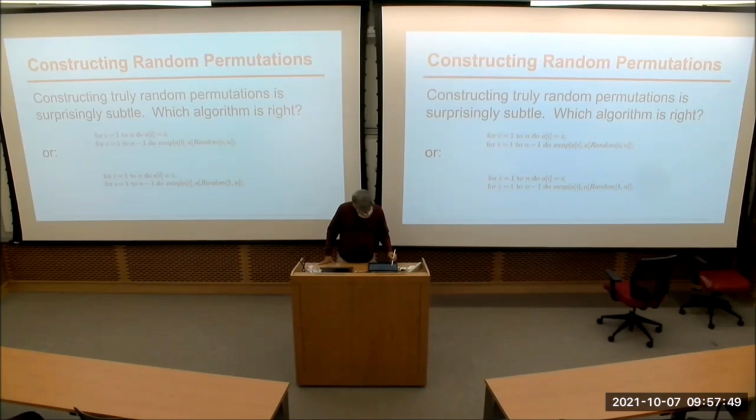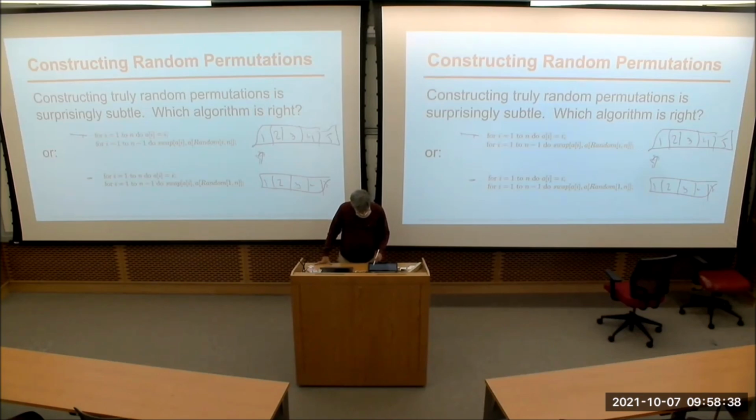It says, initialize an array from 1 to n. 1, 2, 3, 4, 5. Okay? Then for i goes from 1 to n minus 1, swap, the first one says, swap the ith value with a random element from the ith position to the nth position. The other one initializes the entire array, again from 1 to n, does the same n minus 1 swaps, only instead of swapping the ith element with one from the ith,